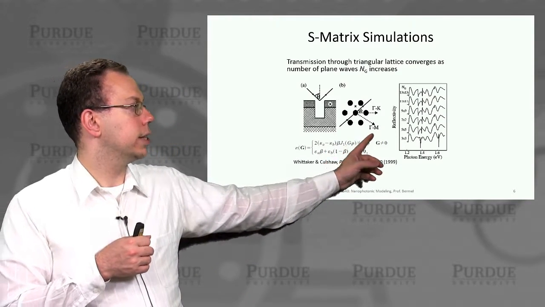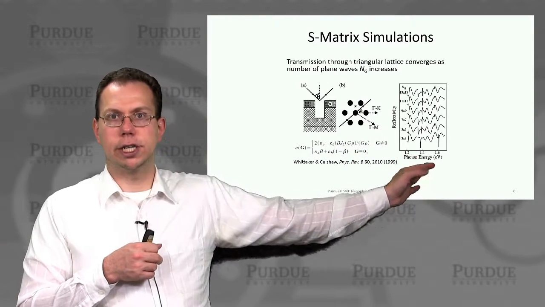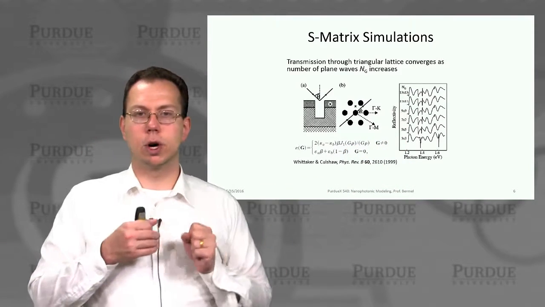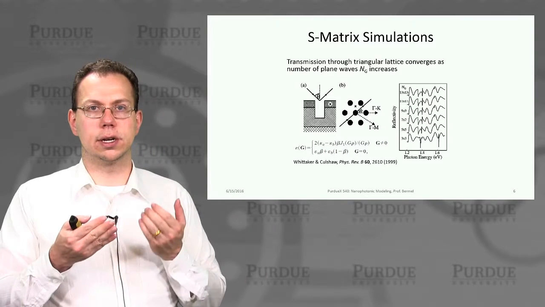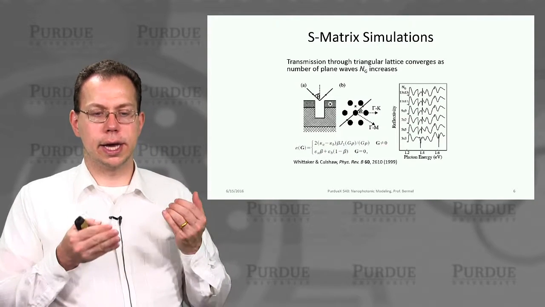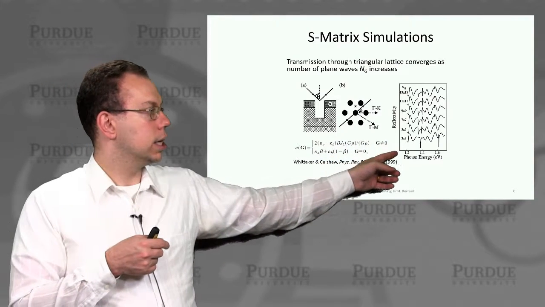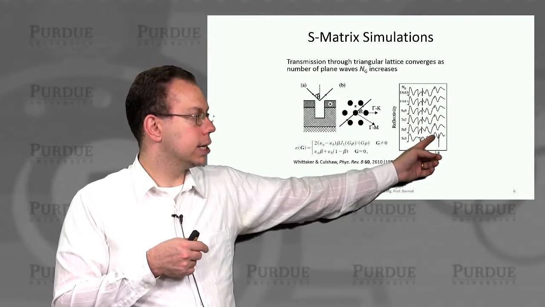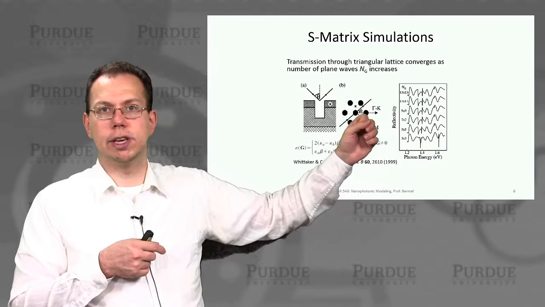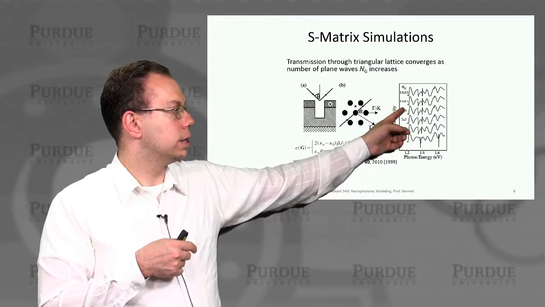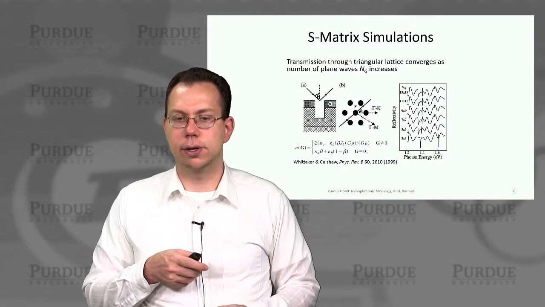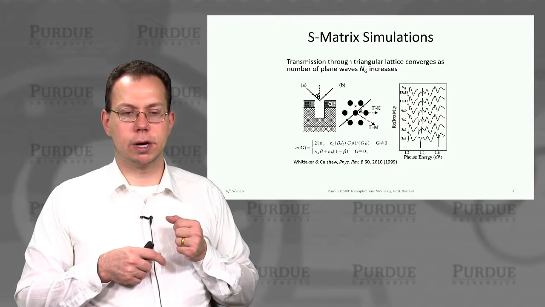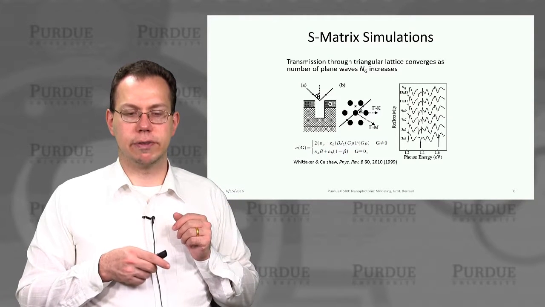Then you can calculate the reflectivity as a function of photon energy, or alternatively the frequency. You can see that as you add more elements in the diffractive directions, which you often think of as plane waves, you get an increase in accuracy at first. As you go from 3x3 to 5x5, you get rid of this spurious dip at 1.6 eV, for example. But overall, the solution is fairly stable as you go to a larger number of plane waves, which shows that, at least for this example, it seems to work pretty well. And of course, it can be experimentally validated as well.